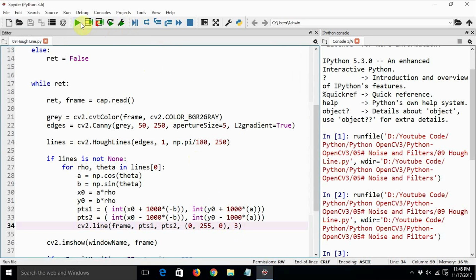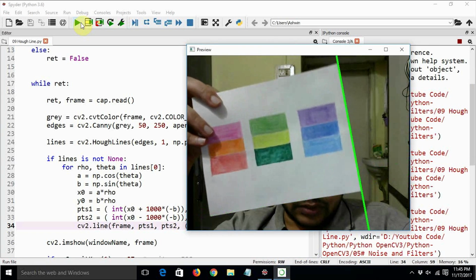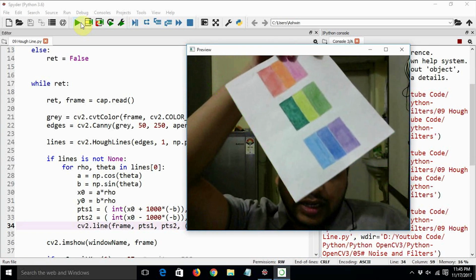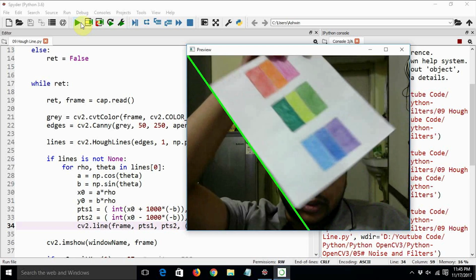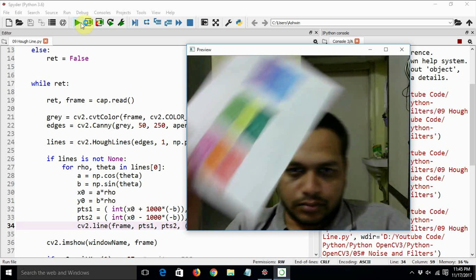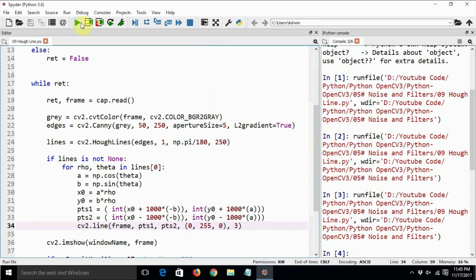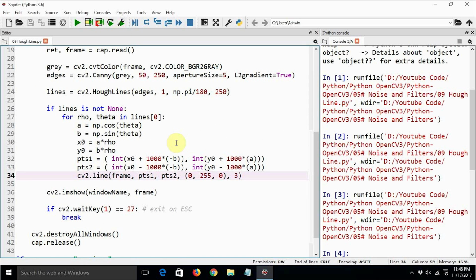Let's make it 3, so it will be darker. Yes, so it is able to show the line on the screen. So this is how the Hough transform works, and we are able to see the lines in the live webcam feed.